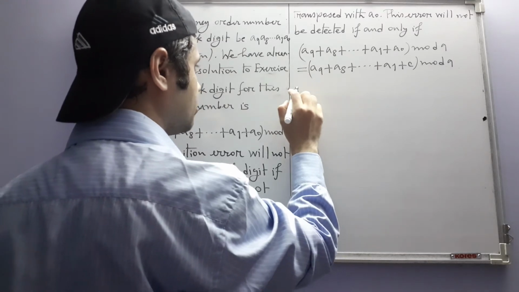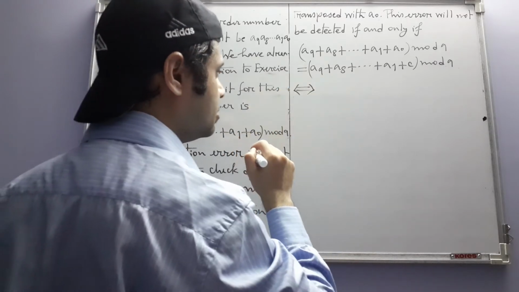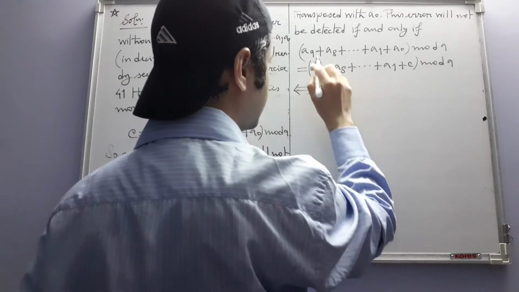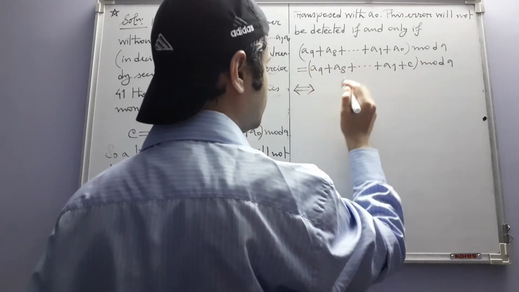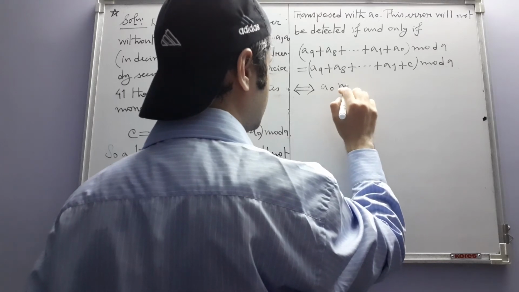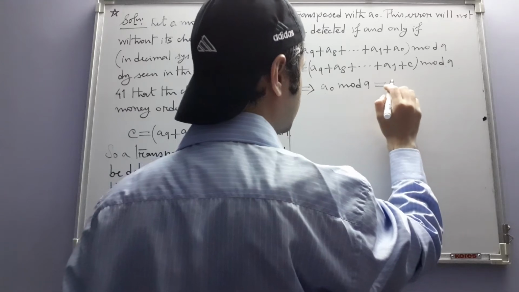Instead of writing if and only if, we can write this double implication that also has the same meaning, if and only if. So you can see that these things can be cancelled out, leaving us with this A0 mod 9 is equal to